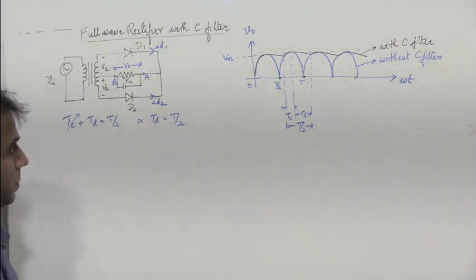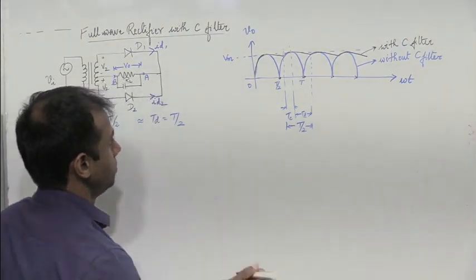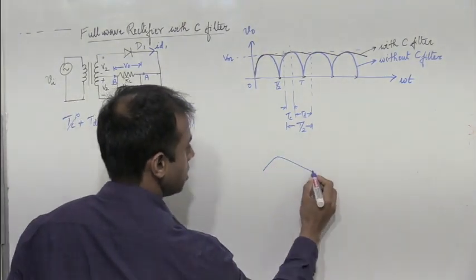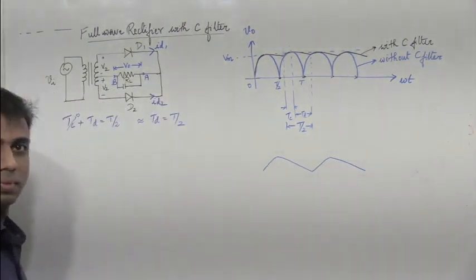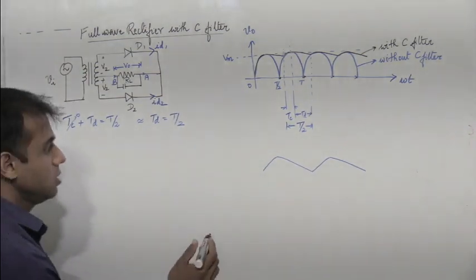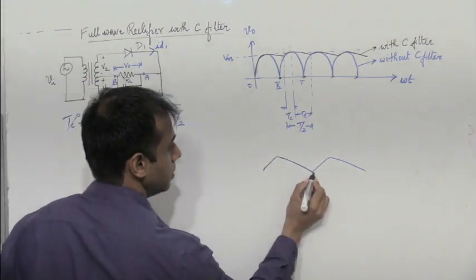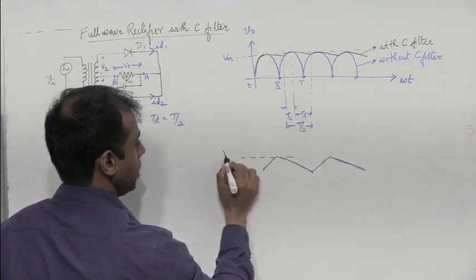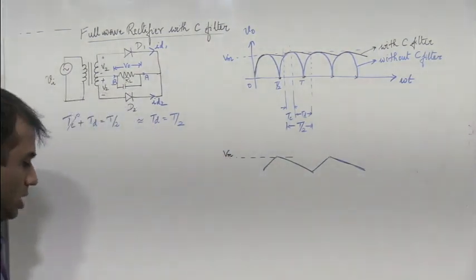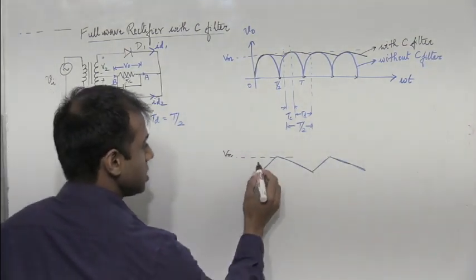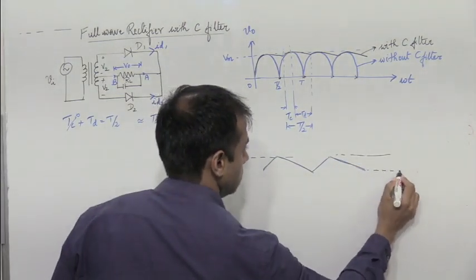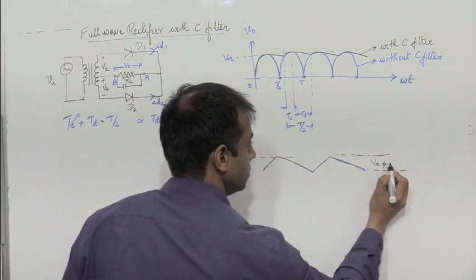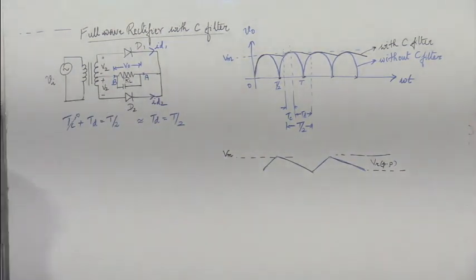Now this charging and discharging is approximated to a waveform like this, right? Let me magnify this, so I have charging and discharging, charging and discharging, right? So if I assume these to be straight lines, this is Vm, the maximum voltage, right? So this variation is the peak to peak variation of the ripple. Let me call this Vr peak to peak.